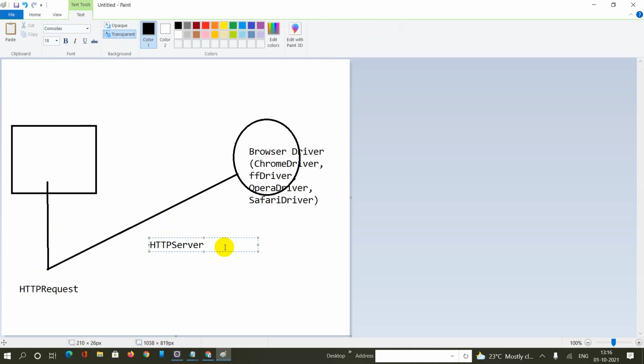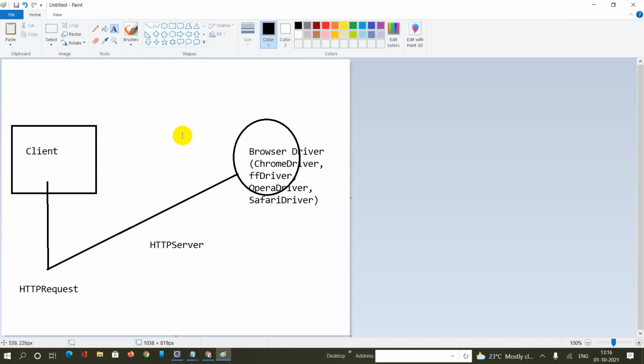The HTTP server decides which action needs to be executed on a browser. The browser executes the instruction or step provided by the client.